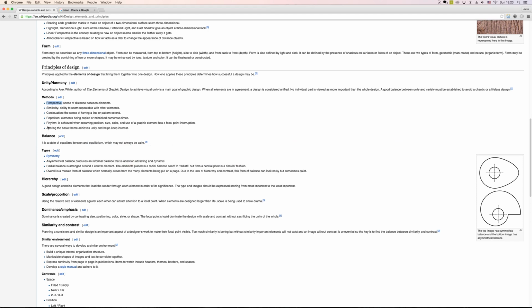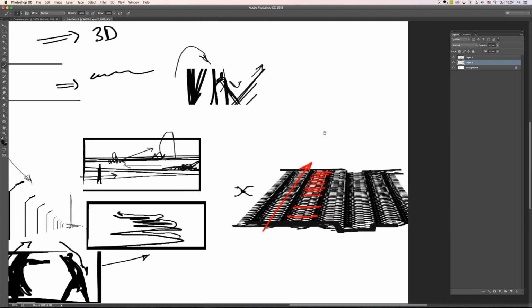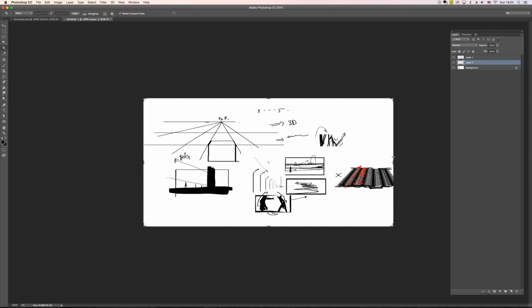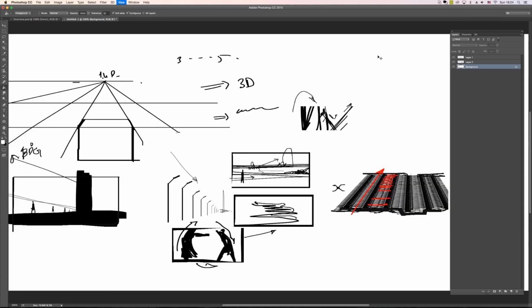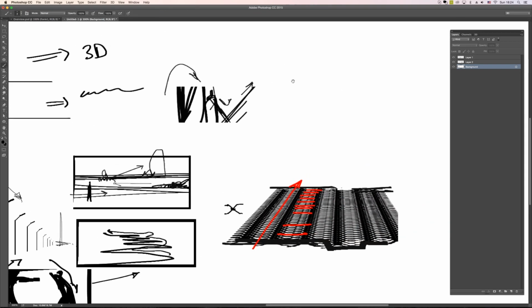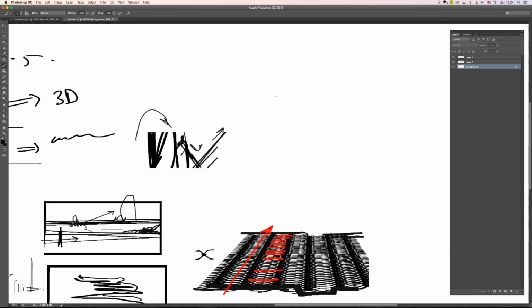Okay, how about the next one, rhythm? Well, rhythm is a very, very important one. I find the moment when I realized how powerful rhythm is was kind of the moment when I started enjoying what I was doing. And overall, rhythm can be anywhere. It could start from simple lines. Let's put a set of lines, right? We put like,